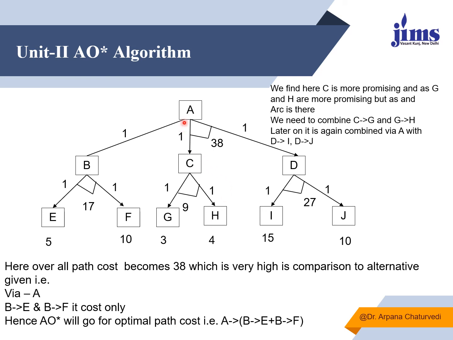Now what is going on here? The cost of each node is given as one uniform cost, and the heuristic is also given. For E it's 5, for F it is 10. So to calculate the value of B, it will be 5 plus 10 plus 1 plus 1, 17. To find the value of B, we first have to solve E and F. That's why this AND arc is mentioned here. AND means by solving the problem E and the problem F, we get the solution of B.